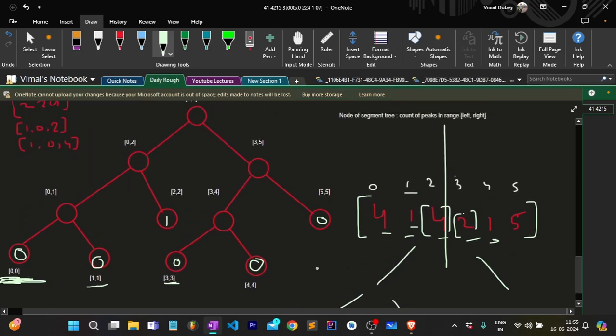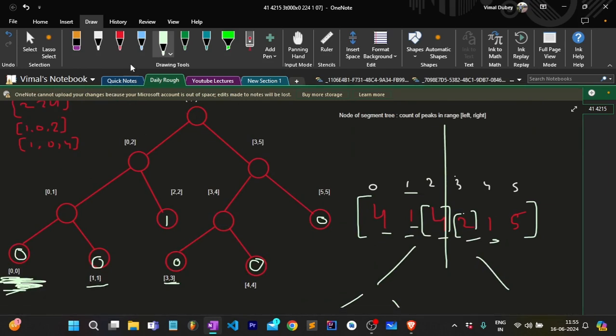In this manner, first of all we have divided in order to get the smallest sub problem, and from those smaller sub problems we will be solving the bigger problems. How? This node is asking for 0 to 1, meaning for this range how many peak elements are there. This node knows that the nodes below it have already been processed. This node was divided into two halves, left and right, and this node will be storing the number of peaks in the